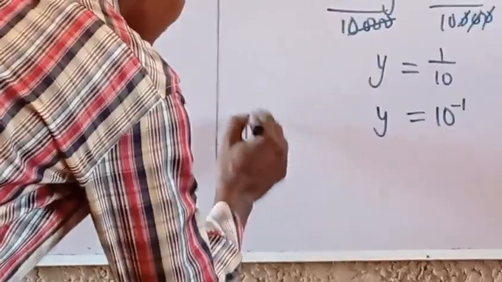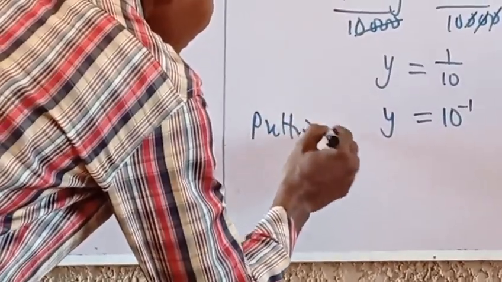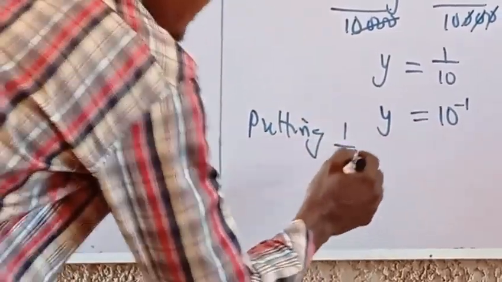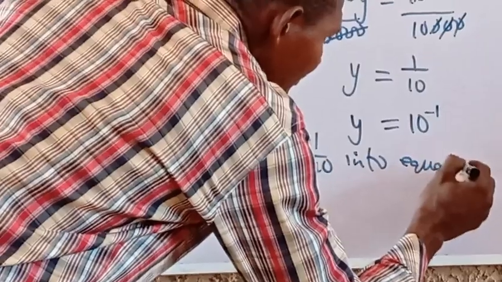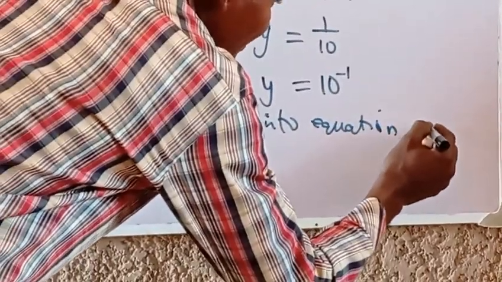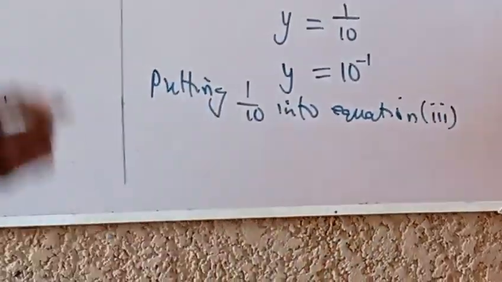So putting 1/10 into equation 3, it means that x is equal to